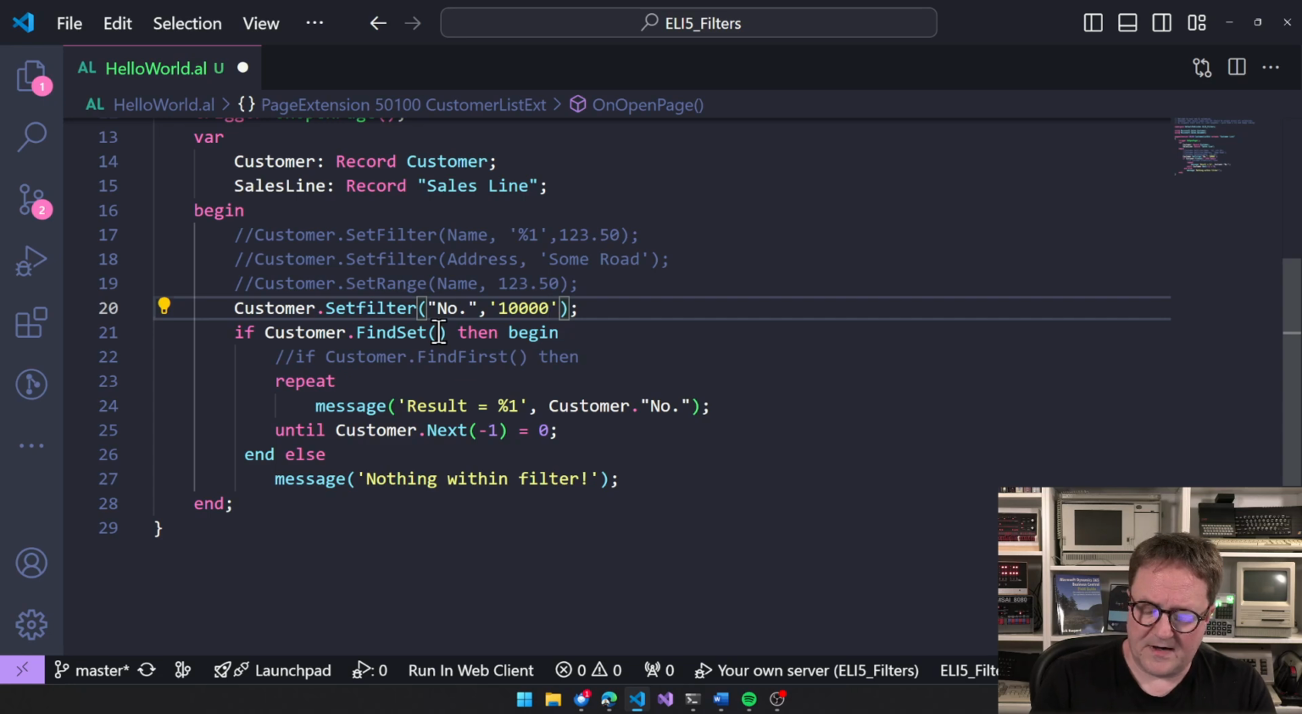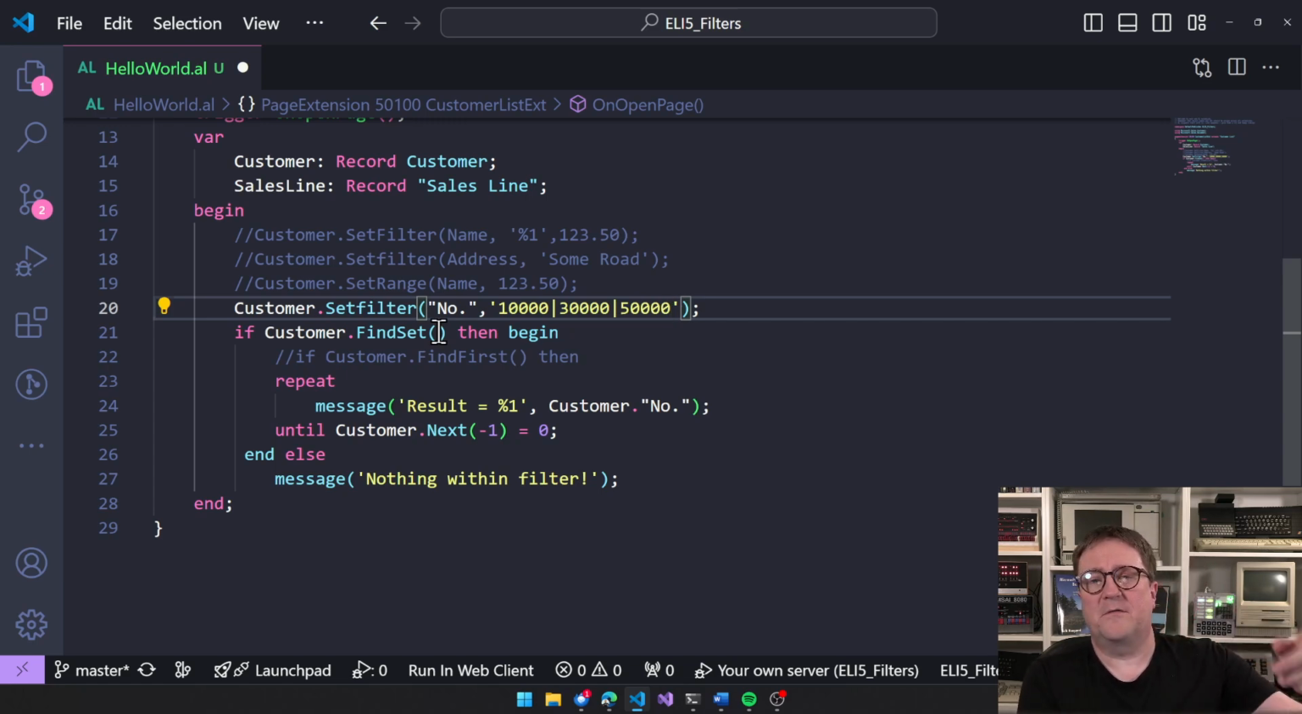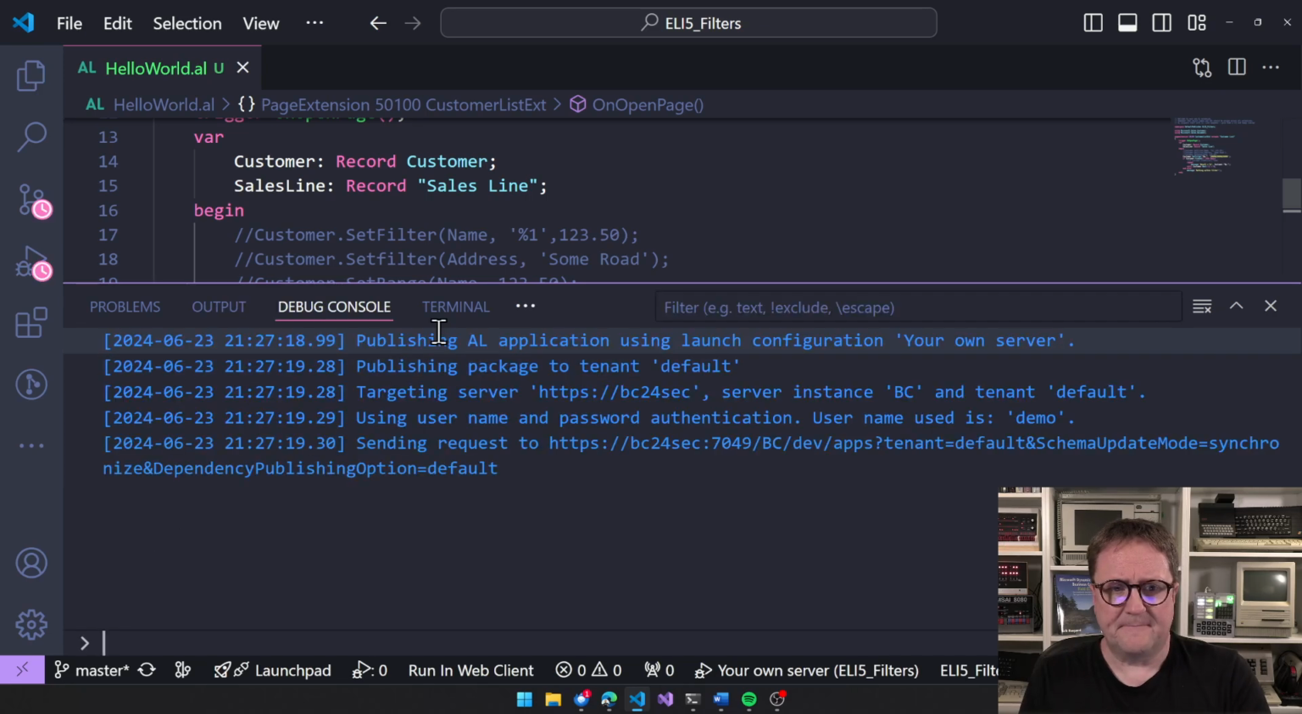What I can do here is that I can say pipe. And there's always some confusion about this, because in natural language, you would say that I want 10,000 and 30,000 and 50,000. And if you go look at syntax filtering, you would say, you need to do the ampersand, because 10,000 and 30,000 and 50,000. Those are the three I want. But if we run this,